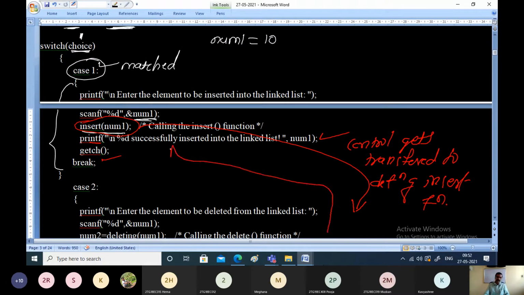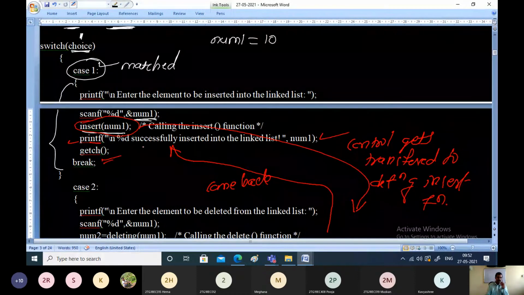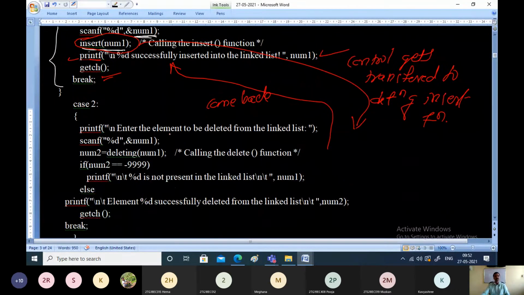Then again the control will be transferred back to the caller, and the next statement will be executed. It says the element is successfully inserted, and break. This is what happens when you select choice 1, when you want to insert elements into the linked list. Insert, delete, search, all functions we'll see later.